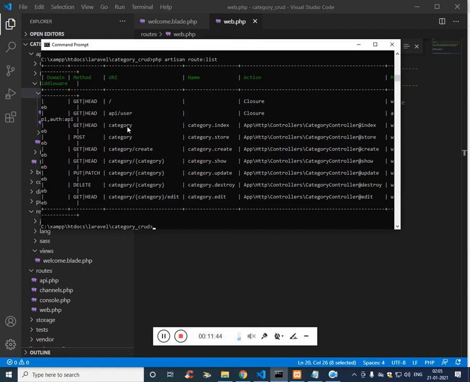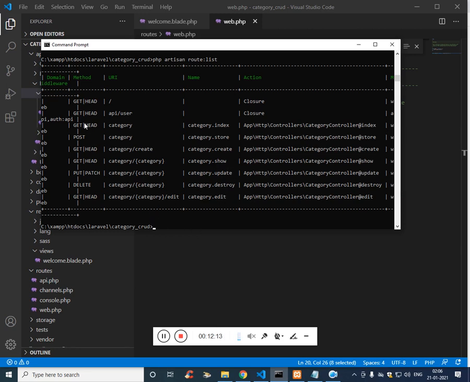So this is category for showing the index page, this is category for saving the data into the database, this is category for creating data, and this is the category URL for fetching the value and displaying it on the web page. And this URL refers to the updation of the table, and this URL refers to the deletion of the table.